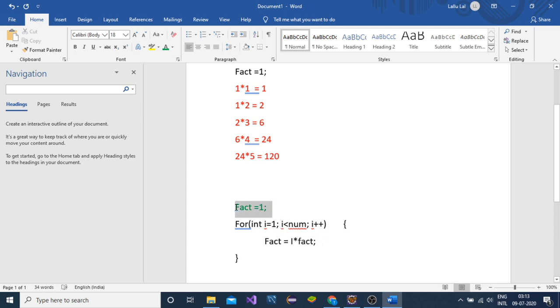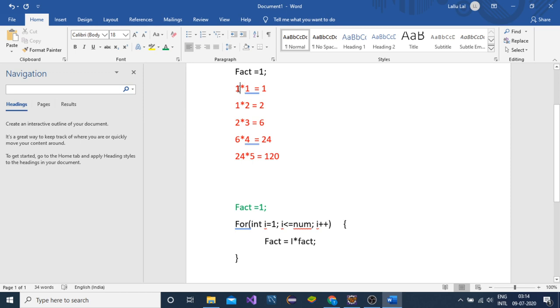The factorial is also 1 and we are initializing the value of I also by 1, because we need to print the multiplication, and we will move till the number, less than or equal to the number. So I into factorial, that is 1 into factorial.